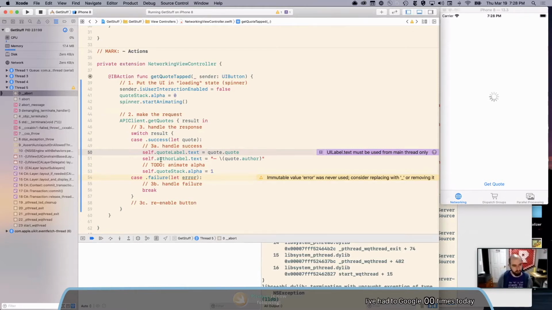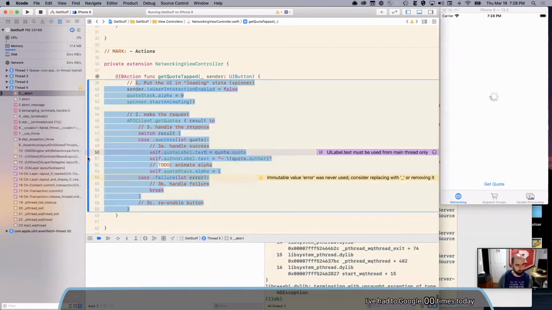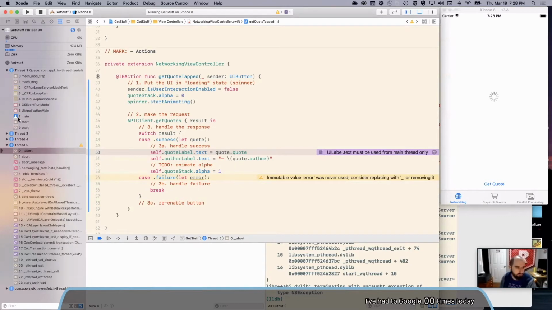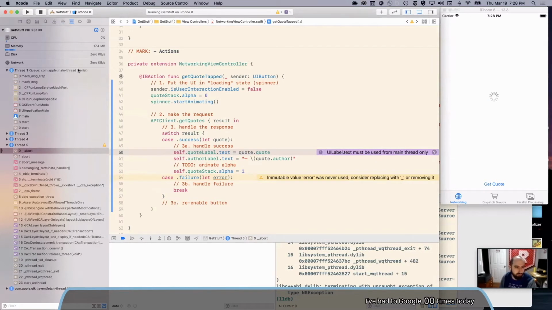And when we did a networking event, you can actually see, if you look over here in the little debugging sidebar, we have a bunch of threads. So we have thread 1, that's the main thread. And if you pull this out, you can see com.apple.main-thread. You can actually label threads. You can label queues. And so the main thread is currently running the main queue. We will get into the distinction between threads and queues a little bit.